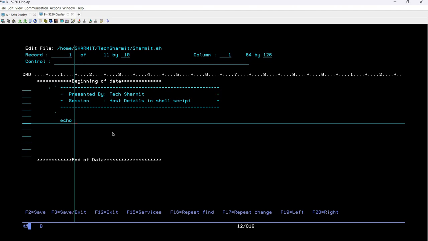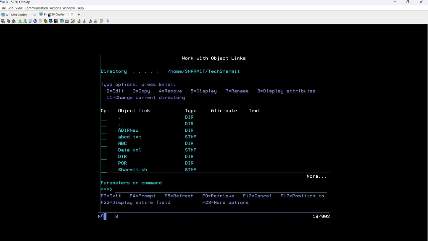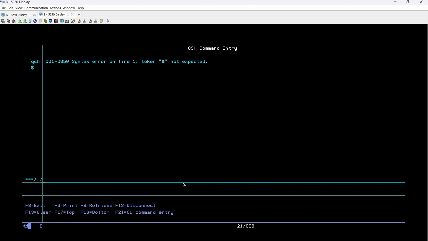So here I will write echo, then host ID, this is just normal text, then colon, and here I will use $HOSTID like this. Remember one thing, you should always write HOSTID in capital letters, otherwise it will give you an error. I'll show you that also. So here I just write this and press F3 for save and exit. F3, F3. Now on session B, in QSH, which is the Qshell command prompt, we will run the script. So I'm writing /home/Sharmit/text Sharmit/Sharmit.sh, enter. So here you can see host ID is printed, which is